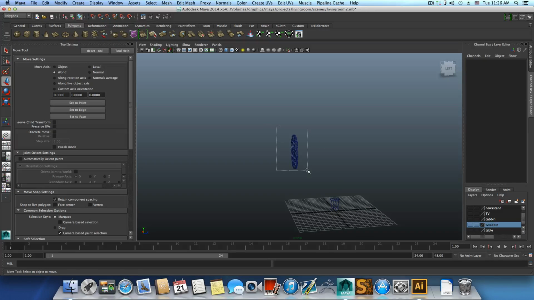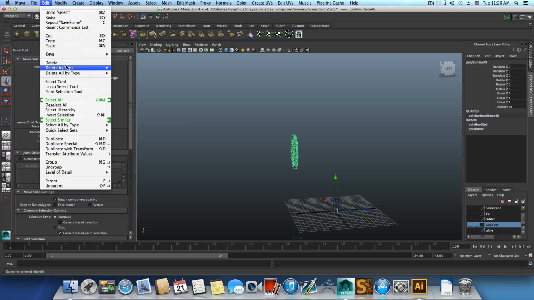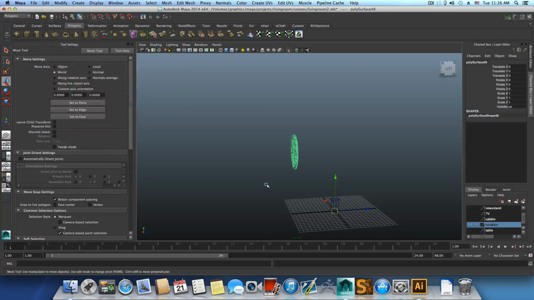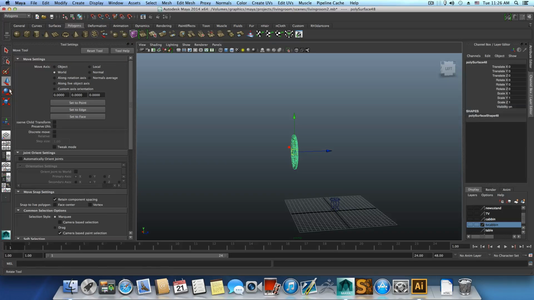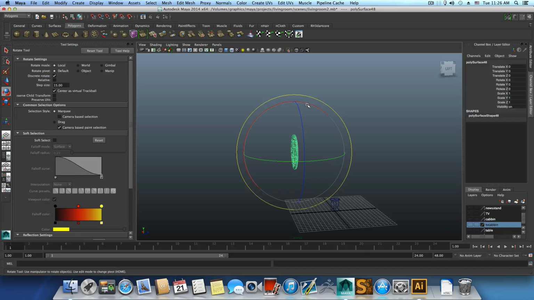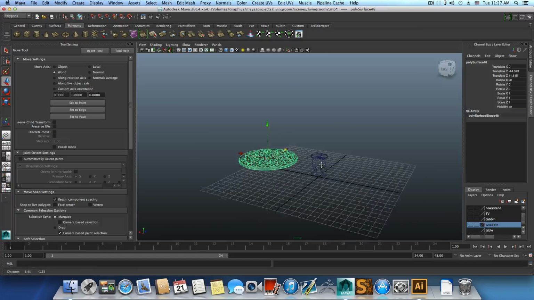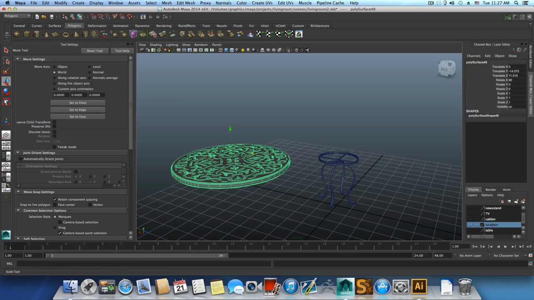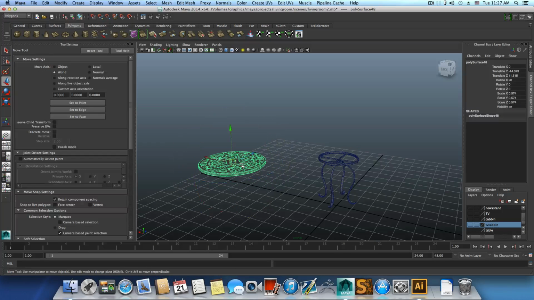Okay, so grab this, go over modify, edit, delete by type, history, it's very important. Go over modify, center pivot, grab this and rotate it 90 degrees like that, bring it down here, and let's adjust it to fit this table. Okay, we will have a fretwork table,